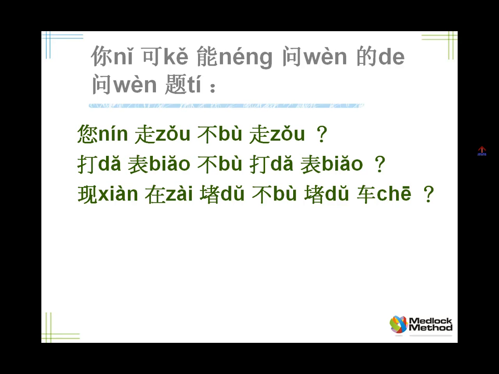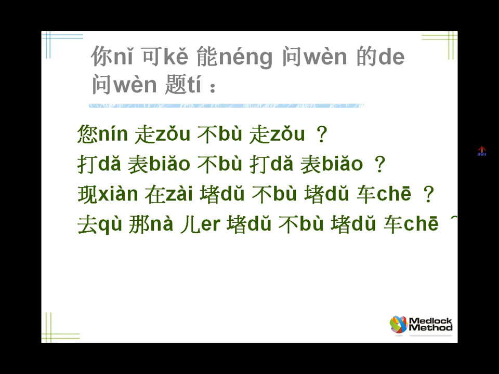Now we're in a similar situation, and you want to ask about the place that you're going. Will the traffic be heavy getting there? So you'd ask, going there. How would you say that in Chinese? 去那儿? So ask me, going there, is the traffic heavy? So we have 去那儿 first. 去那儿堵不堵车?